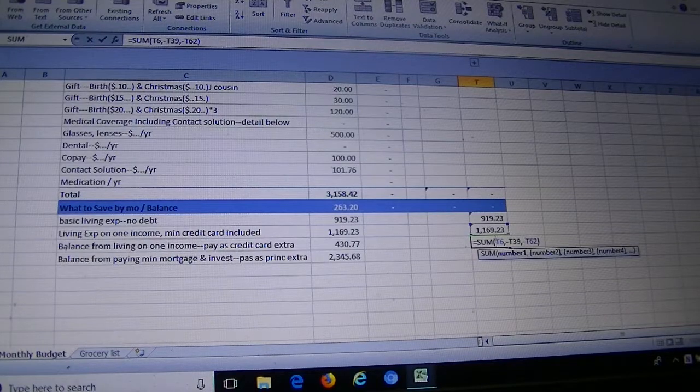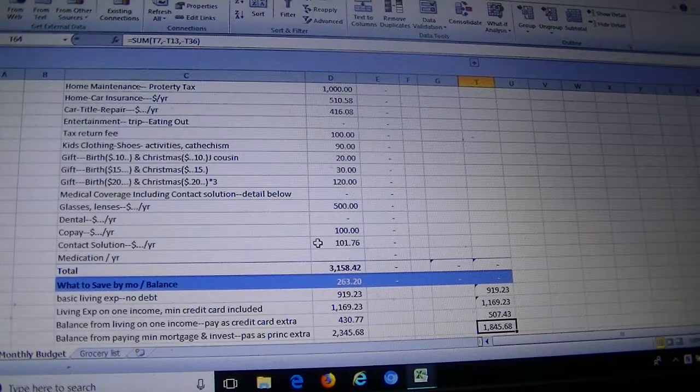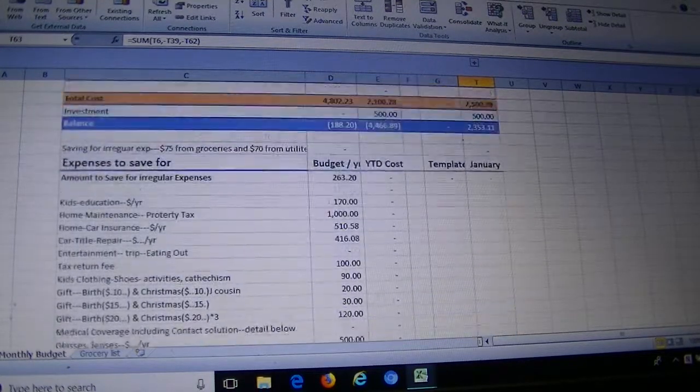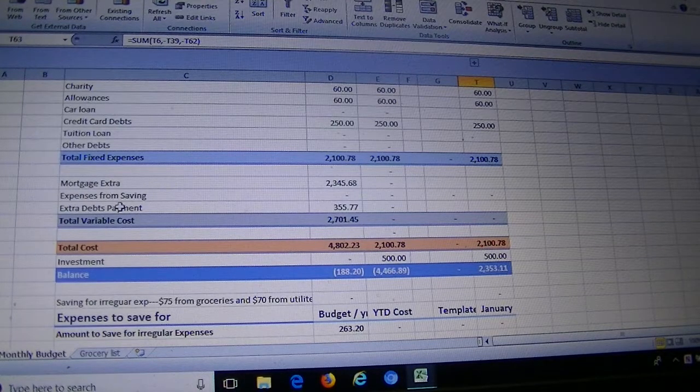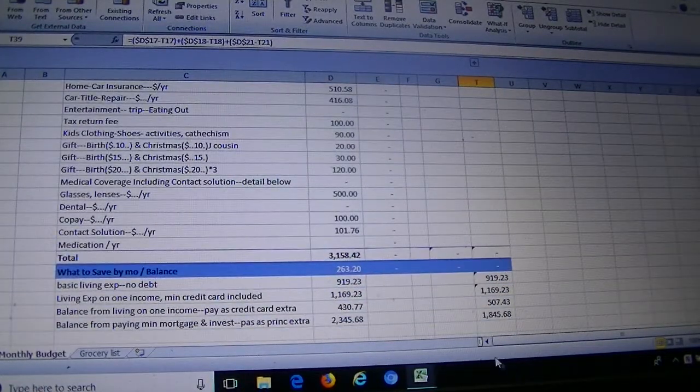Let's see what that is from it. So it's taking his income minus the living expenses, including the minimum credit cards, and minus irregular expenses. So pretty much what that is, this is going to tell him how much he has left to use to apply toward his credit cards. We have extra debt payments to put on that line. So we budget 355, but because of the number that'll go here will come out of here. Whatever we save out of the gas and electricity will give him an idea how much he will have left. So right now we have $507 there that he could apply toward his credit card easily, in addition to the